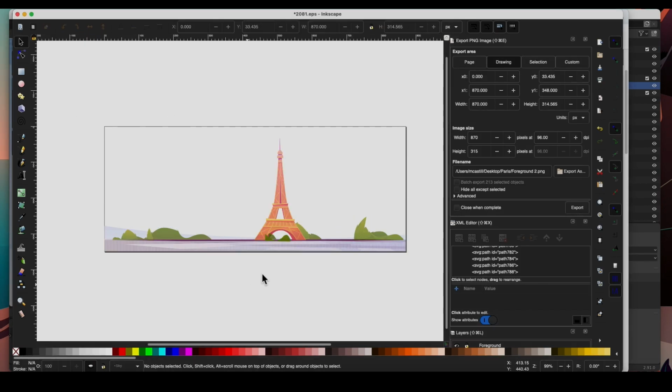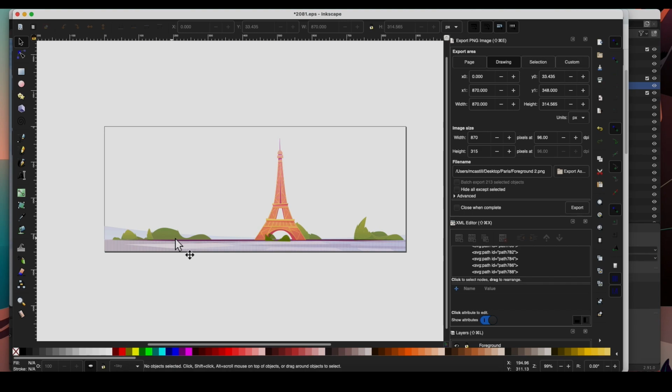Guys, this is a complicated illustration. It's got a lot of gradients, a lot of strokes and gradients and transfer functions and all that stuff. And one thing that Blender doesn't allow you to import, well, actually several things. Number one, it doesn't allow you to import any gradients.